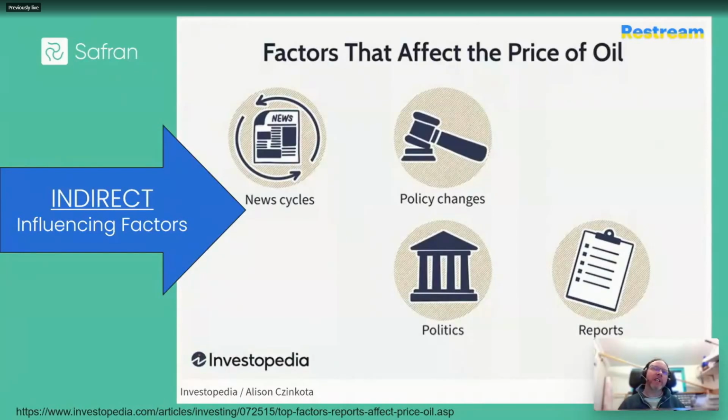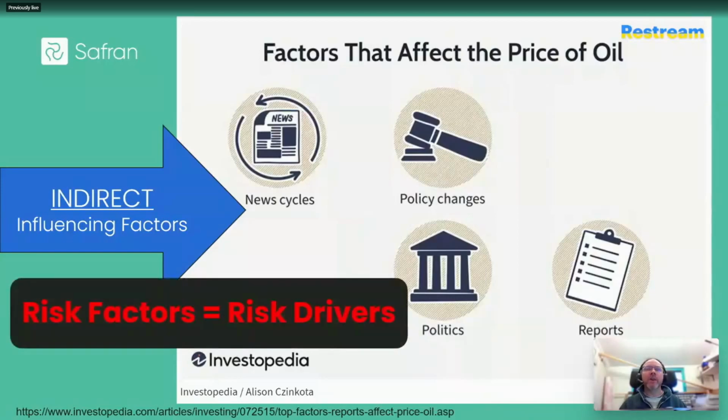Now, what I find interesting in this example and many others, such as lifestyle choices that may lead you to developing a negative health condition or serious disease, you'll often find these influencing factors referred to as risk factors. But it's effectively an interchangeable term with today's title, risk drivers. So actually, you are probably already intuitively aware of the concept just from reading the newspapers and articles and things like that.